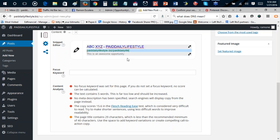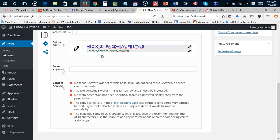Now you can see here, you see what it did for my meta description? It's taking the first few lines from my introduction. So this is where I want to make it SEO optimized by putting my meta description here. So I might want to say something like,